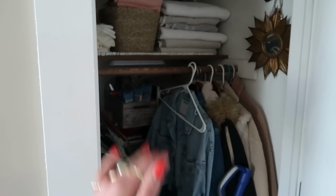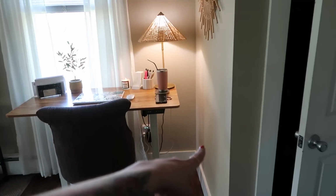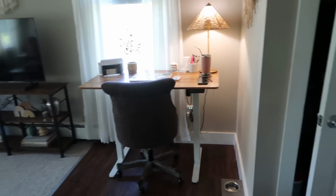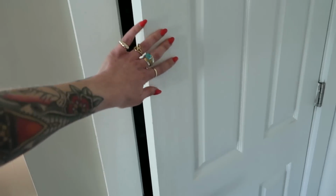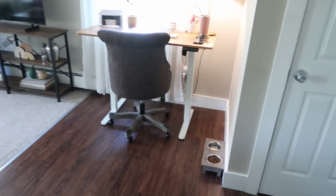I'm not letting the camera get down too low because typically I have this door cracked at all times because way off in the corner back there is my cat's litter box. And she's great about going in there to go to the bathroom. So normally that door is always open, but for aesthetic, we're gonna shut it and we're gonna walk into my